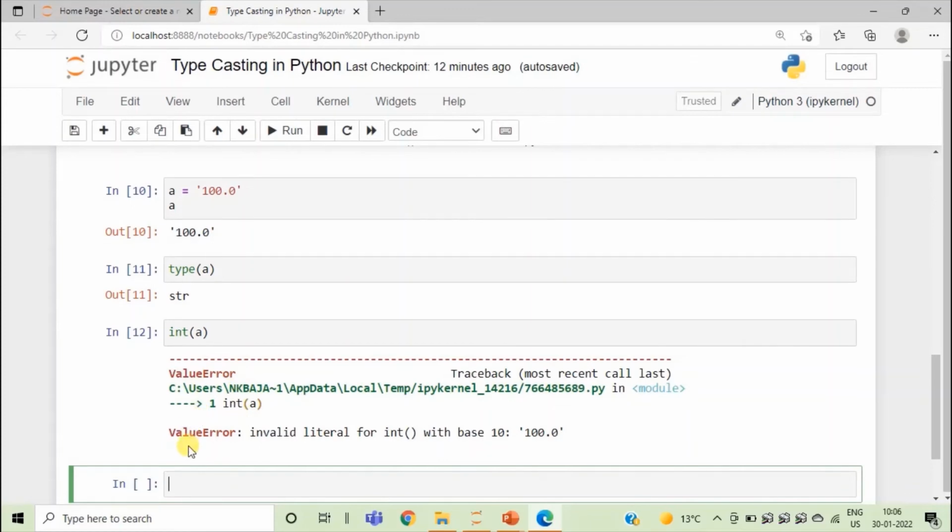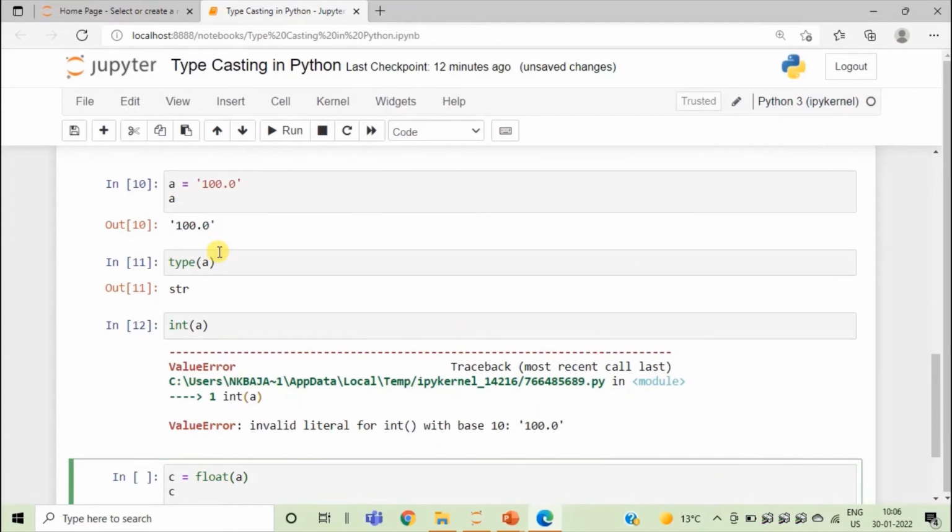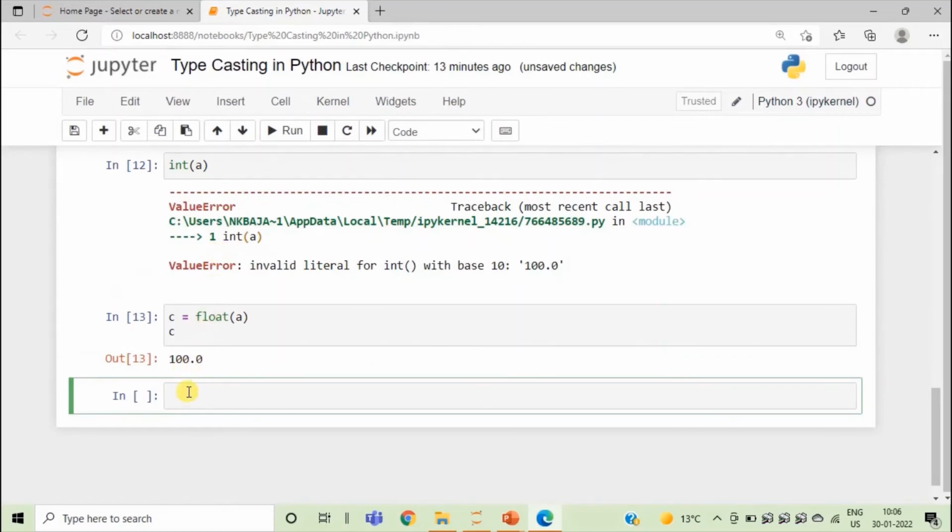So create a new variable c and assign value float, and within parentheses give the variable name, that is a. In the next line type c and press shift enter. So it has been converted to float. Now to get integer data type, we will have to convert it again to int. Let's create a new variable d and assign value int of c. We will give c here because now we have to use the variable c that is storing 100 decimal 0,